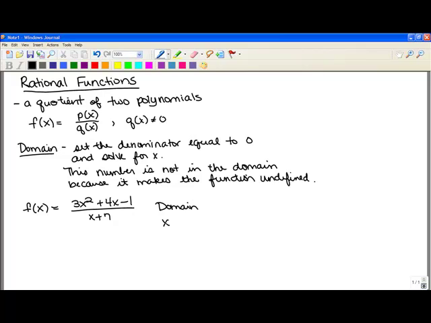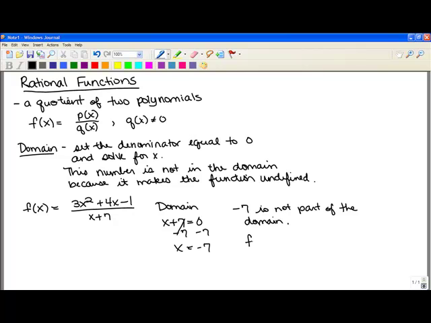So we need to set the denominator equal to 0 and solve for x. So we get x equal to -7. Now this means that -7 is not part of the domain